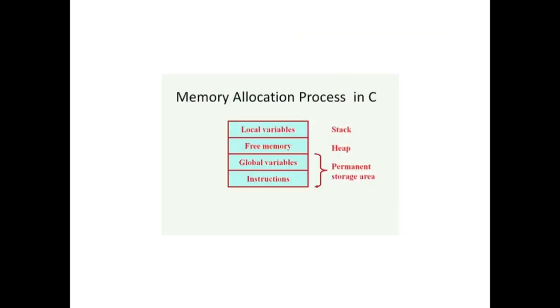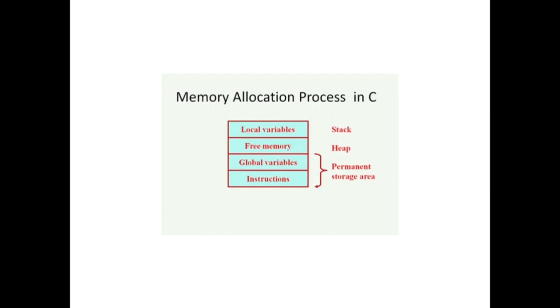So let's continue. Now, the memory allocation process in C consists of four main parts. First is the stack, which stores the local variables. A local variable has a scope inside a particular function only, or inside a particular if block or some kind of loop. Those variables will be stored temporarily inside the stack, and then there will be a heap for mid-application calculations and all that, for storing the temporary results of particular calculations or something else